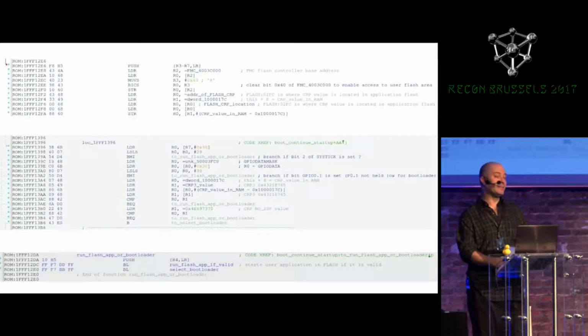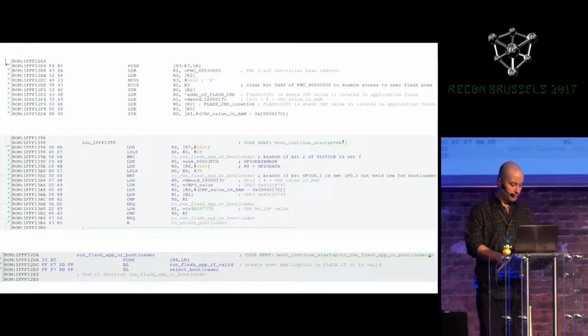I've cut out just segments of the boot ROM to cut out the irrelevant parts so that we're not looking at too much disassembly here. So what they will do next is they will look at the value in flash that defines if the code read protection is set. And they're reading this value out of flash, and they're storing it in a variable inside of RAM. In this disassembly, I've labeled this variable CRP value in RAM. And